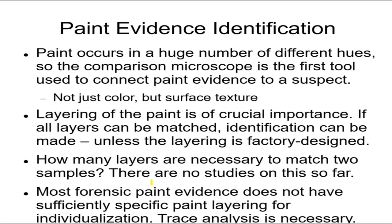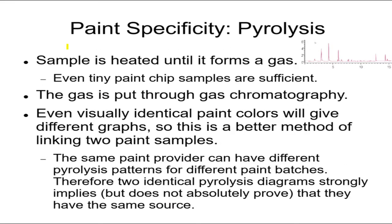They might only have 1 layer at the crime scene, so they can't really connect it to any suspect with any evidence. So sometimes what they have to do is find some other way to connect it, and this is done by trace analysis. And we'll talk a little bit about that here. One way, if you have 1 paint chip with only 1 coat or 1 layer of paint, or just 1 color, and you want to connect it to the crime scene, what you do is